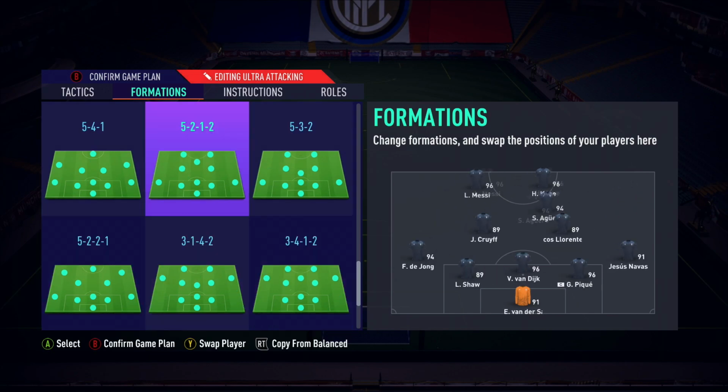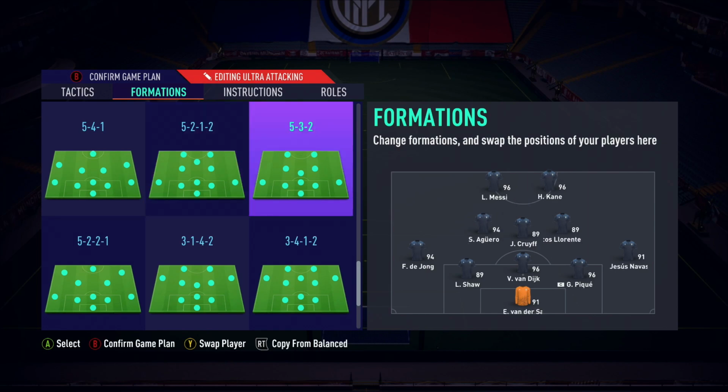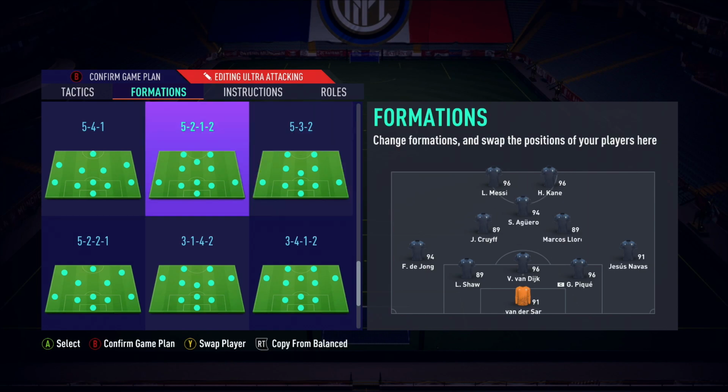And in terms of another brilliant formation, yes, it's a 5-back formation. I know the 5-back formations do get a lot of hate, but I think this 5-2-1-2 is a super formation. If you're someone who likes to play a 5-back, but you like to play a 5-back in an aggressive way, this is a great formation to choose. I think of all the 5-back formations, I know a lot of people will go for the 5-3-2 if they're playing 5-back, but I think the 5-2-1-2, in my opinion, is the best of the 5-back formations,